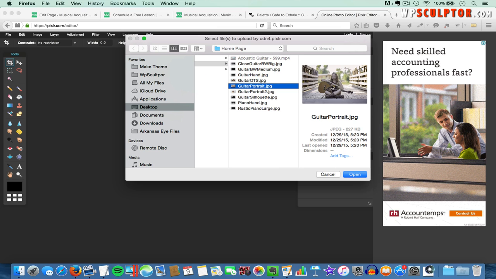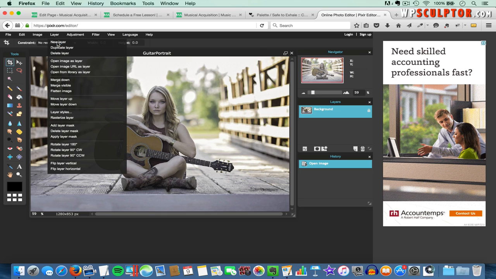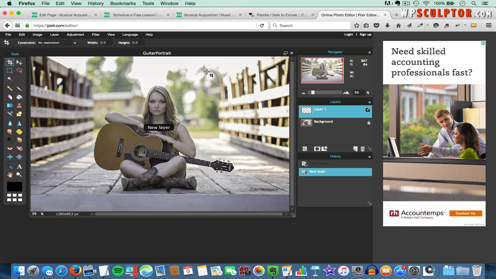And I've got that right here, so I'll select that and click on Open. And then what I'm going to do is come up, and where it says Layer, I'm going to click on Layer, and then click on New Layer. And over here on the right, you'll notice that that added a new transparent layer over the background image. And then with this layer selected, so make sure you click on that so it's highlighted in blue,